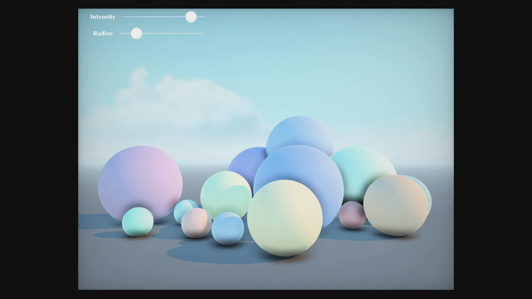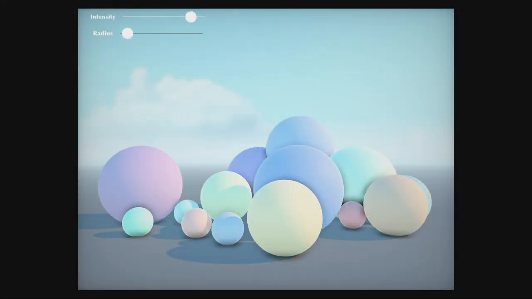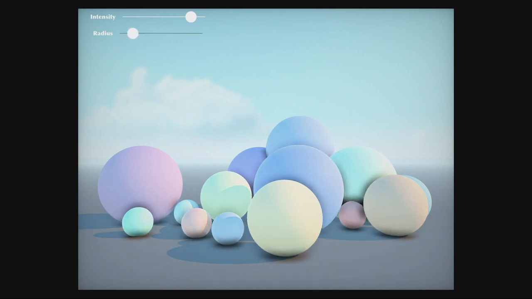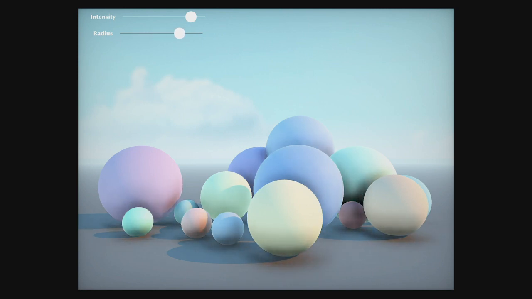The amount of occlusion depends on the curvature of the surface. To know if a pixel is in the cavity or not, we inspect the neighbor pixels. And so we have this radius parameter that lets us define how far we look for neighbor pixels. The visual result is sharper ambient occlusion with small radius and more spread out shadows with large radius.